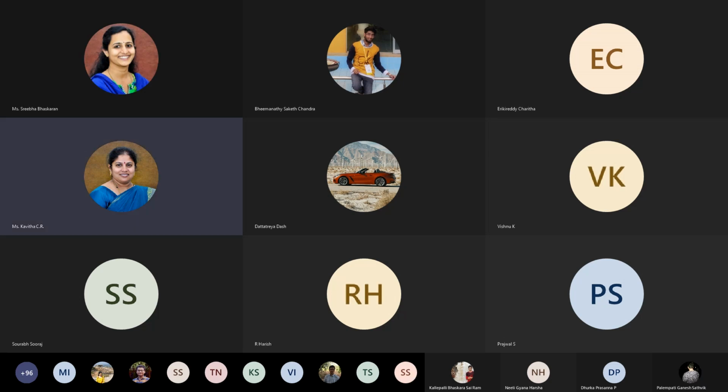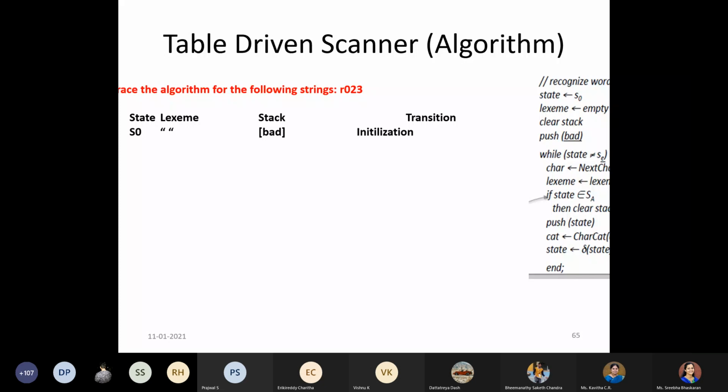It is still blank, Shriba. Now it has loaded. Yes, now it is there. Okay.